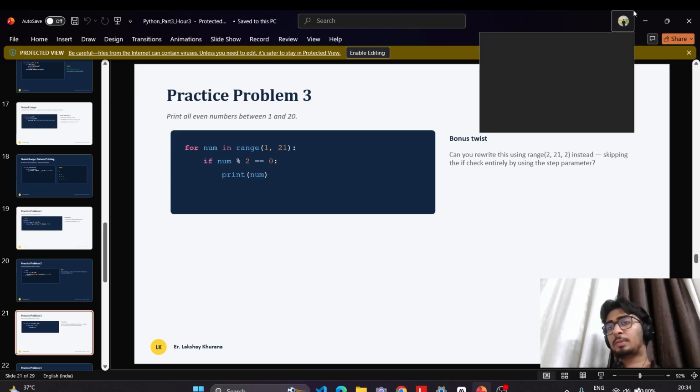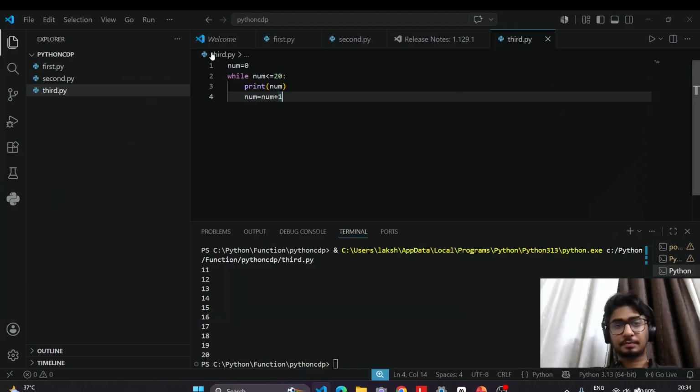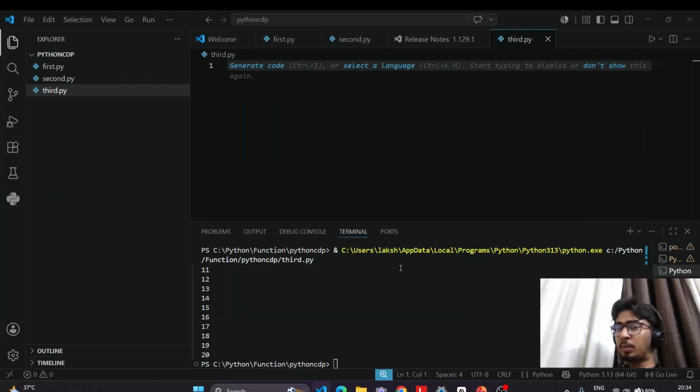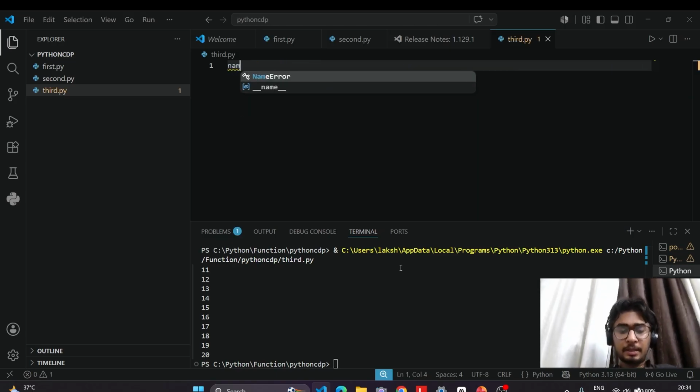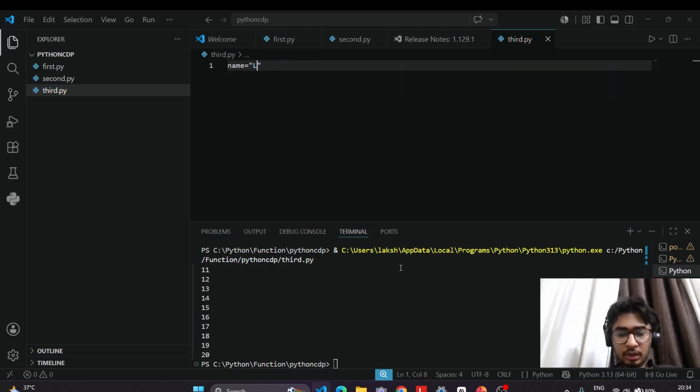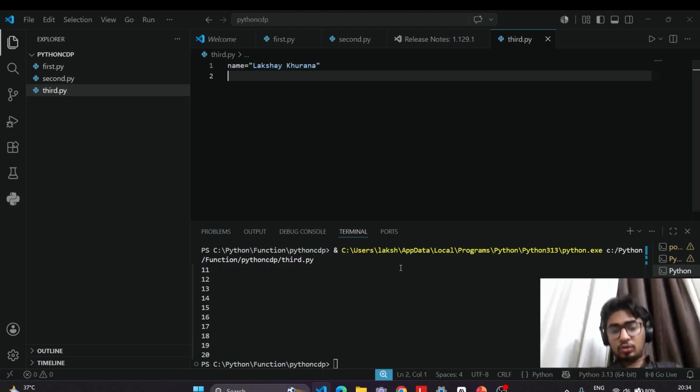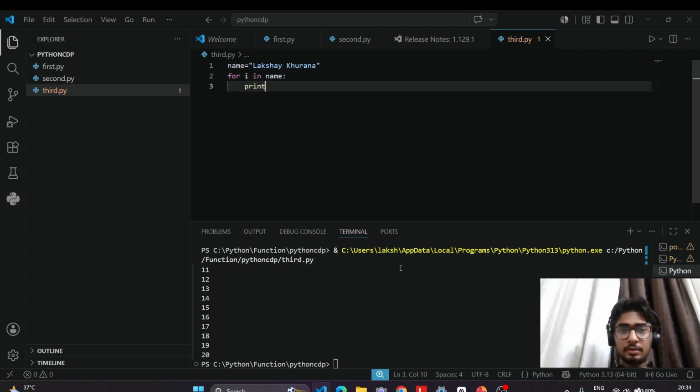चलो एक और एग्जांपल मैं आपको बताता हूँ, for loop का। while और for loop हमने कंप्लीट कर लिया बिल्कुल अच्छी तरह। तब हम कुछ क्वेश्चन प्रैक्टिस करेंगे। फॉर एग्जांपल मेरा नेम है, name equal to लक्ष्य खुराना, ठीक है। सो अब हमें एक एक करके इस नेम को प्रिंट कराना है, मतलब हमें इस नेम का एक एक अल्फाबेट प्रिंट कराना है। तो हम क्या करेंगे, for i in name print i।